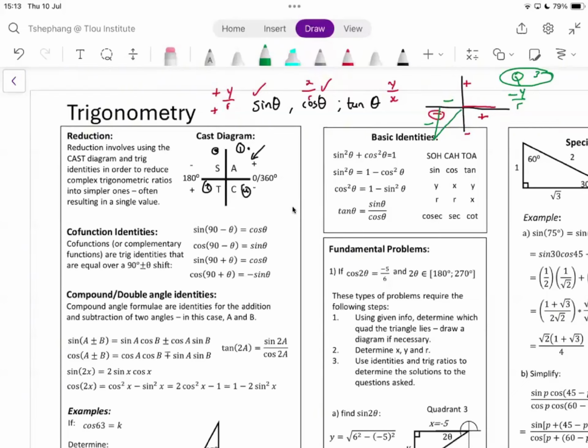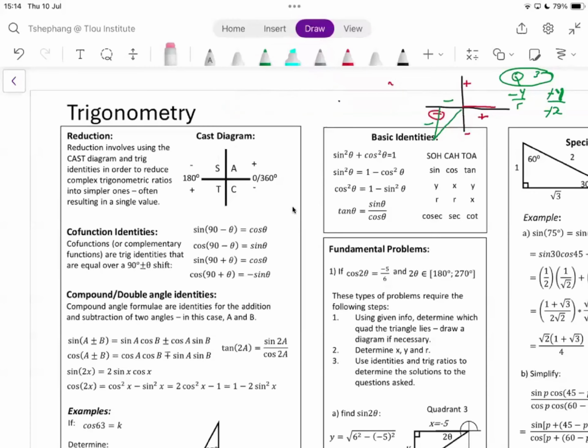Sine is negative in there. Now, if I said tan, it's going to be negative y, and then x is going to be negative as well in the third quadrant. So negative and negative deal with each other there. Then it means that we are actually dealing with a positive, which is the positive y over the positive x, which gives us a positive tan. And that's where the CAST diagram comes from.